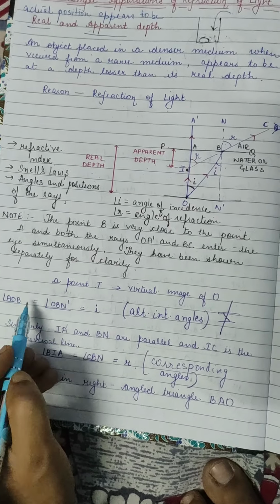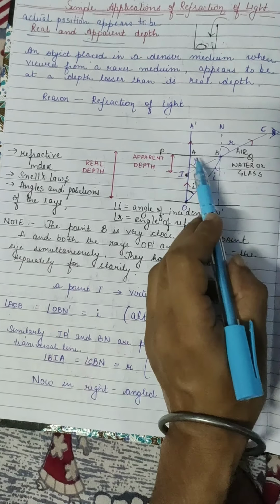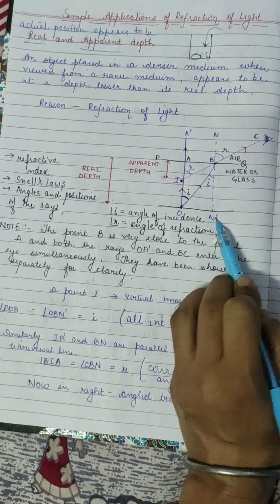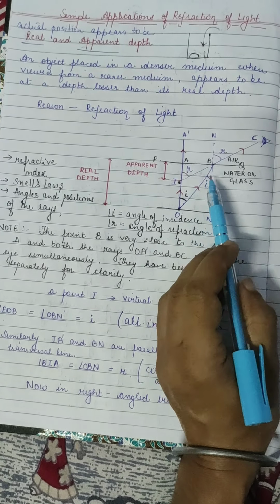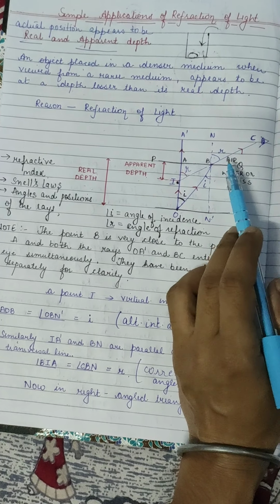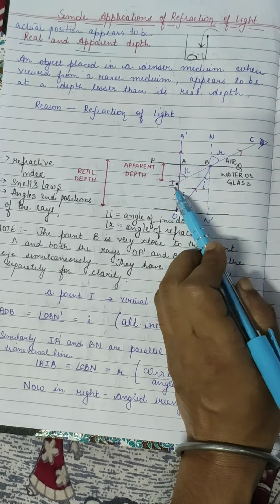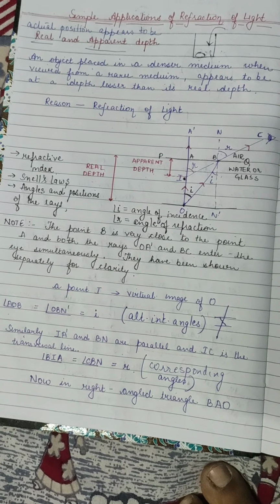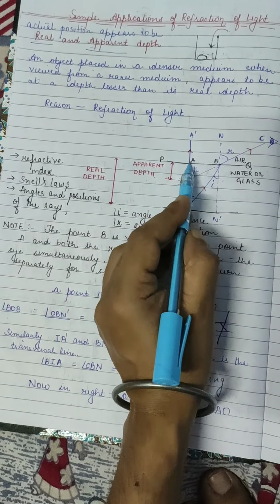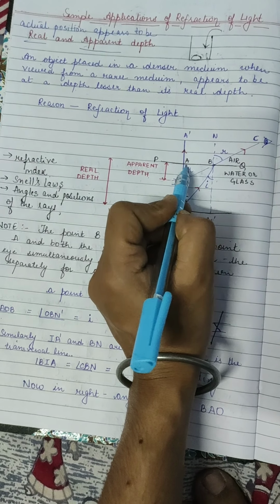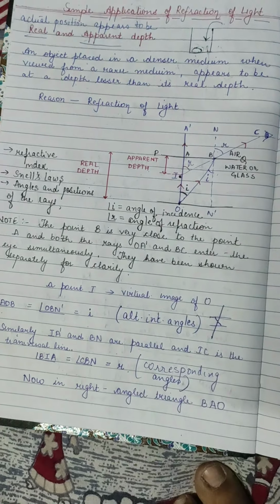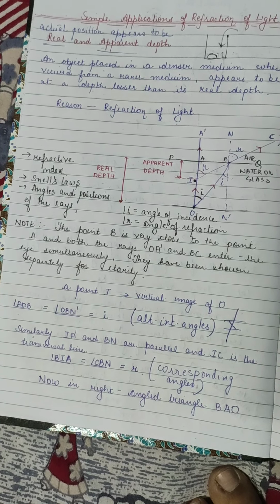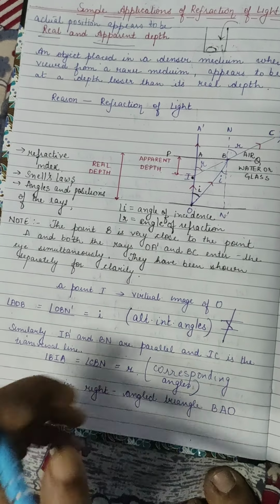So what we are having now, see the figure carefully, AOB and OBN dash equal to I, BIA and CBN equal to angle R. Now these are what? The straight lines we have taken. So this is which angle? A 90-degree angle. Now we are going to talk about right angle triangle. Which right angle triangle we are going to talk about?